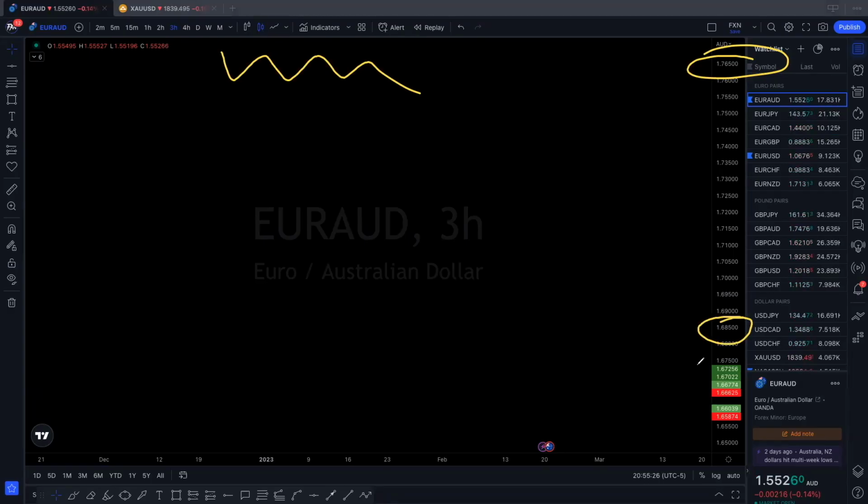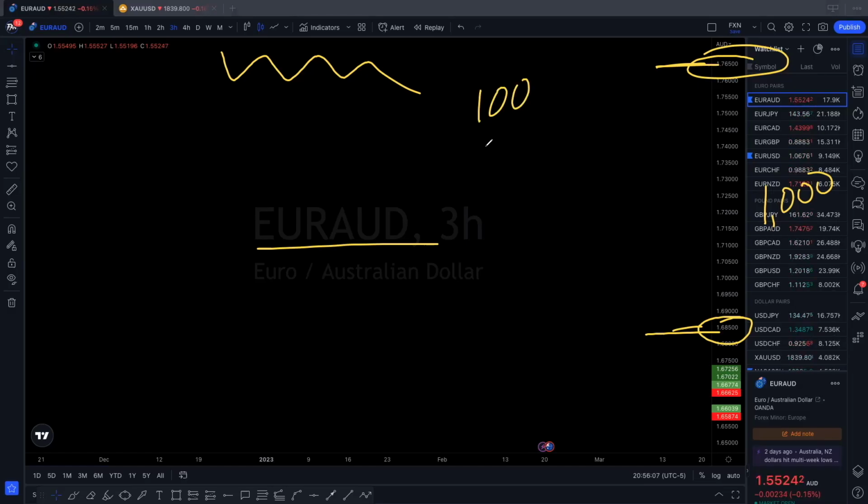Now let's say that, just to make it easy to understand, in order to make that move, price would have to move, let's say 1,000 pips. So if from here to here takes 1,000 pips, and let's say Euro AUD moves at 100 pips per day,